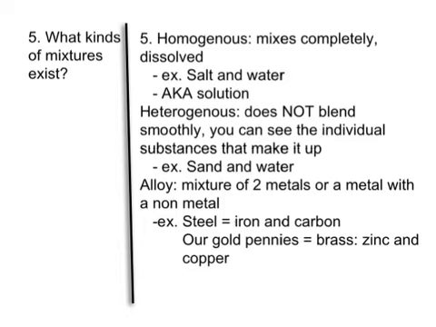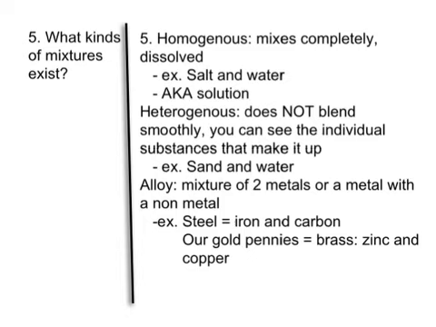Lots of items are reinforced with steel, and steel is not an element on the periodic table, but it's a mixture or a combination. All right, it's made of iron, which is a metal on the periodic table, and carbon, which is a non-metal on the periodic table. So if you mix the metal iron and the non-metal carbon, you make a